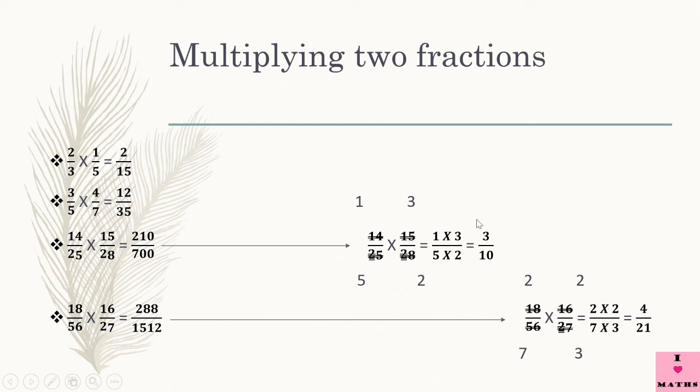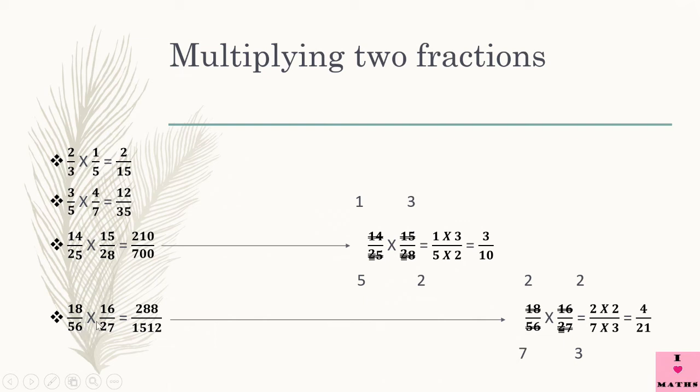And you can see, beta, that this answer is in the simplest form. Why is it in the simplest form? Because of the simplification we have done here. In this step, we have done simplification. Yes? So this is how we have got the answer. And this is the method which we are going to use for bigger numbers and for senior classes. So we must learn this method, beta. It's very, very important.